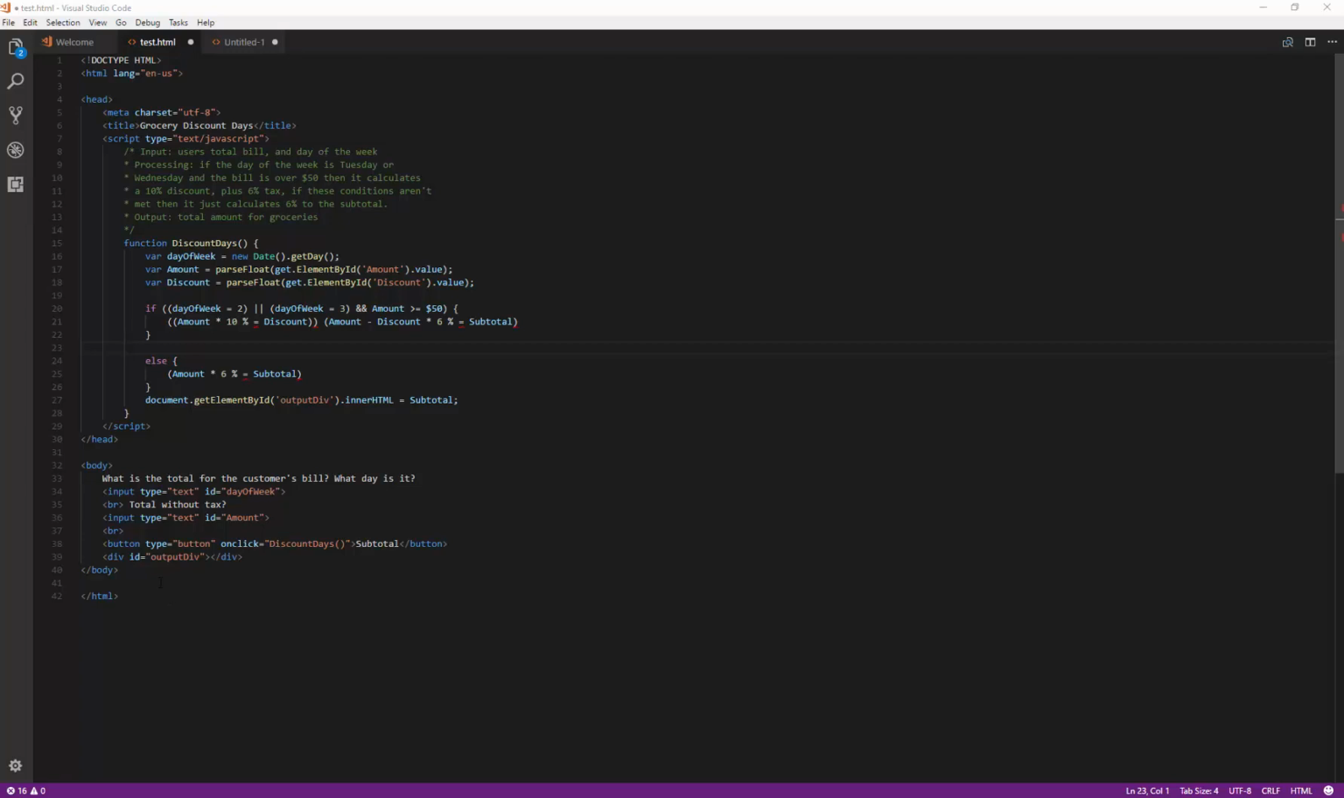So, the first thing I have is I went to the peer review discussion board and I copied your first program and put it into Visual Studio Code, which is my text editor. Now, looking at this,